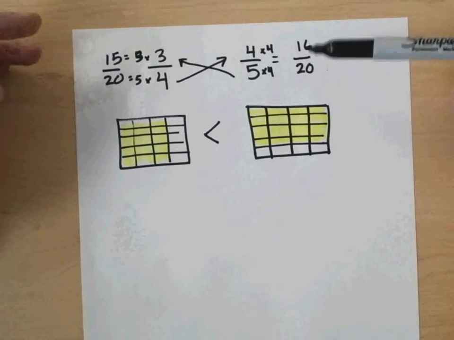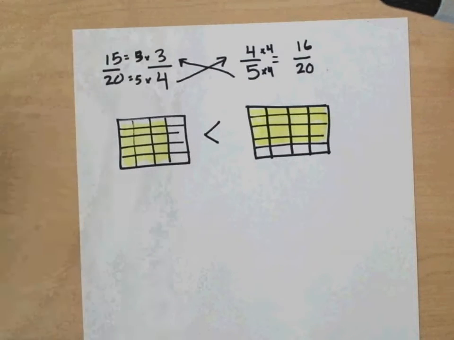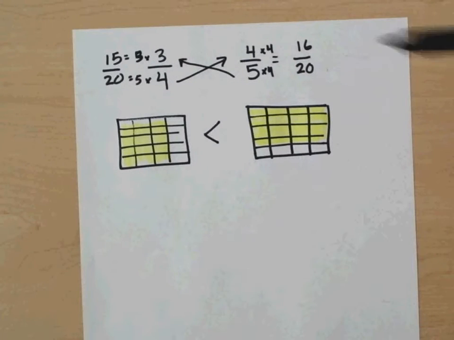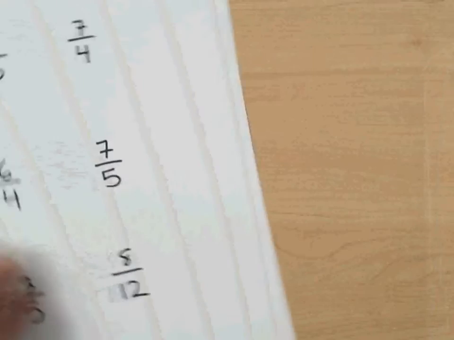This is absolutely necessary for adding and subtracting fractions, which is a 5th grade skill, and this is definitely something that Mr. Hill wants the students coming to him having some experience with. Obviously he goes over this, but it's just a great trick, and it's a really necessary move going forward in fractions. Now just to show you a couple more examples,